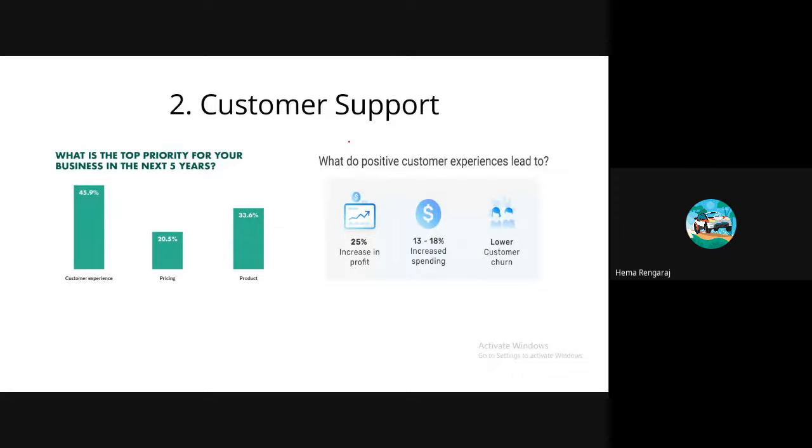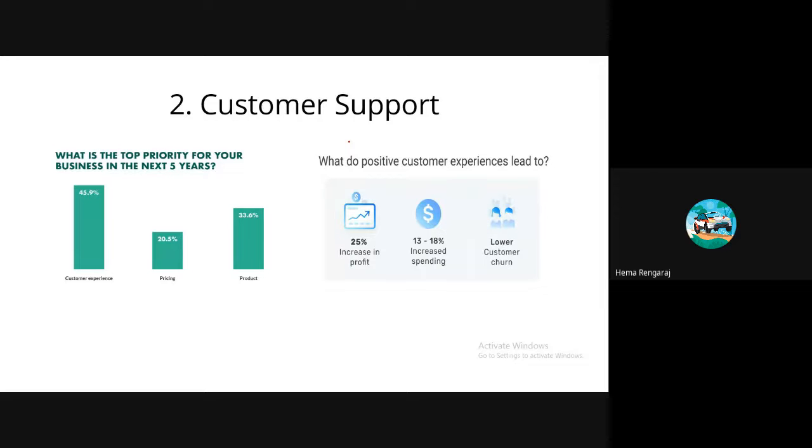If you are not getting reviews and suggestions from the customer, there are tons of companies waiting outside to fill that vacuum, right?